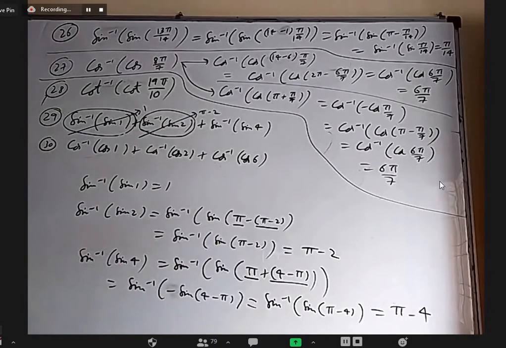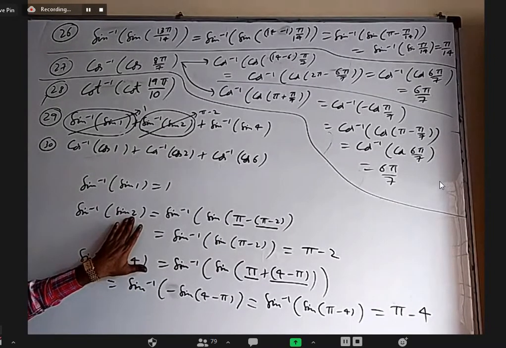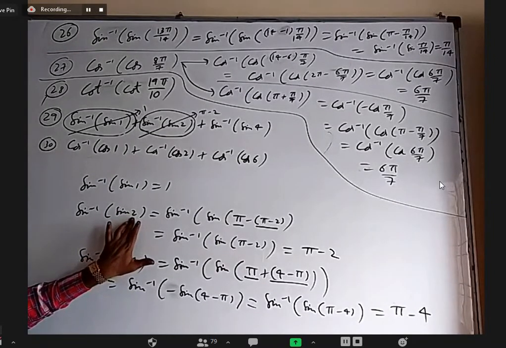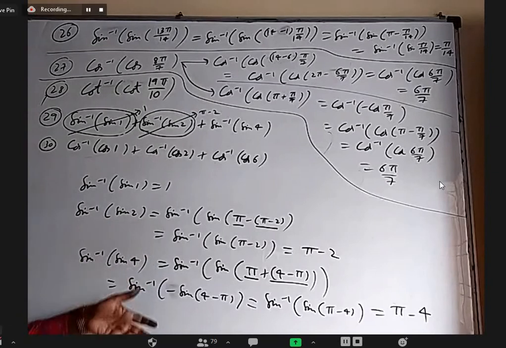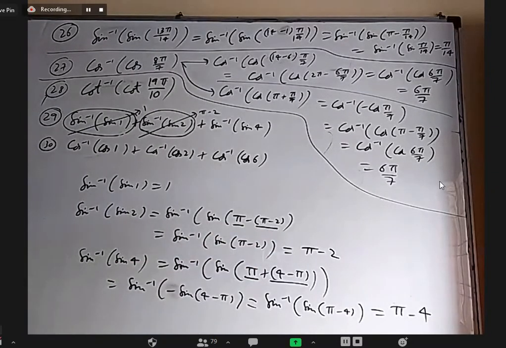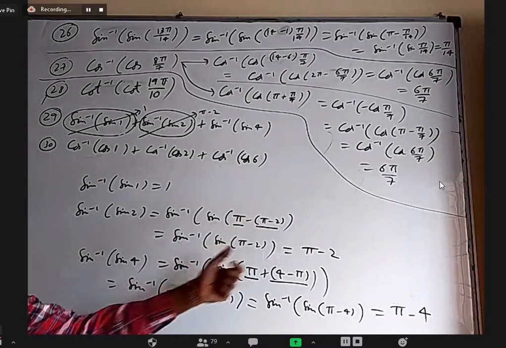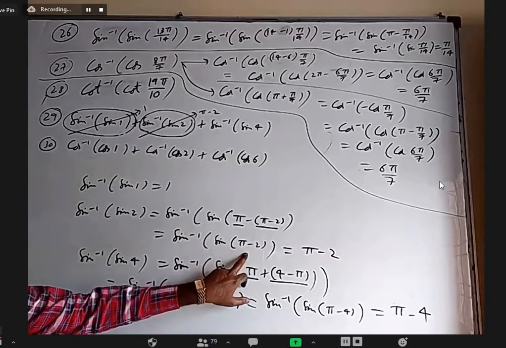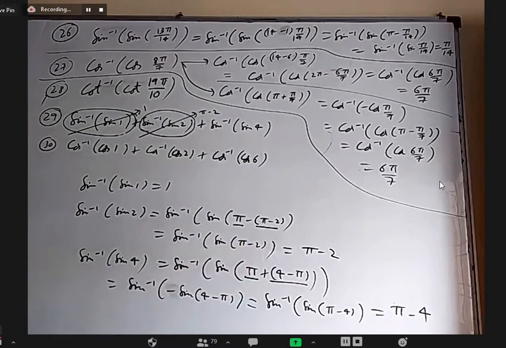In the same way you do it. For example, when it was 120 degrees or 114 degrees, we would have written 180 minus theta. Like that, I wrote pi minus 2. This is 180, this is theta. And now this is well within the principal values. Pi minus 2 means around 1.14. If you convert 1.14 radians into degrees, it will be some 60 or 70 or something, which is within the principal value. So we got it.